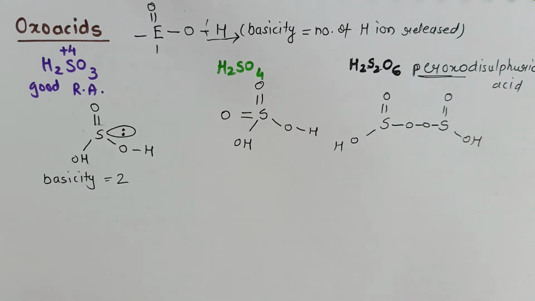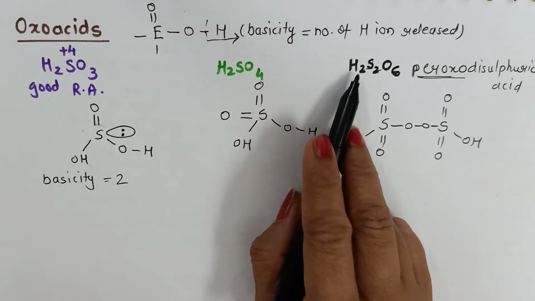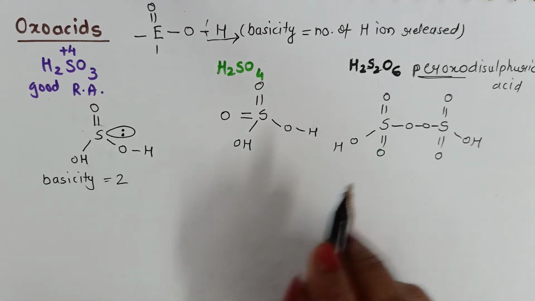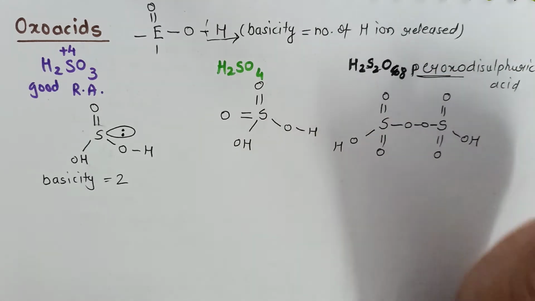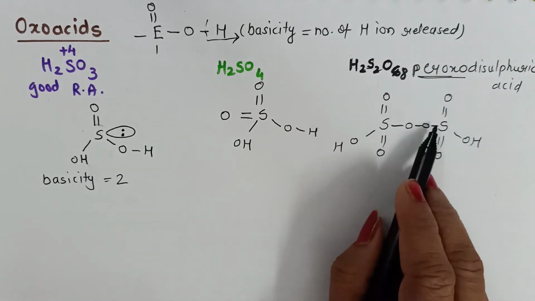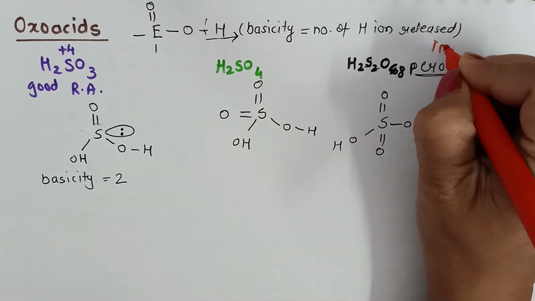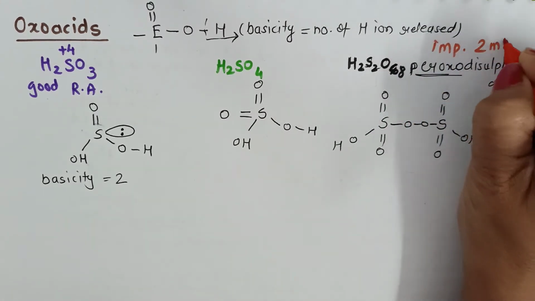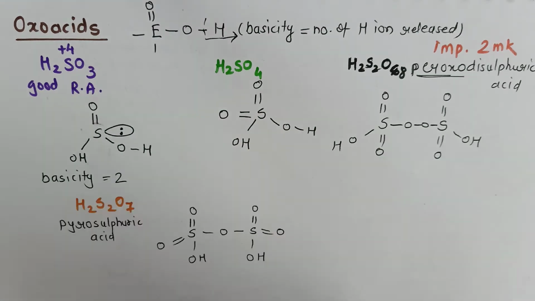Now we will satisfy the remaining things. Let us cross check the structure. 2 hydrogen. So 2 hydrogen is there. 2 sulfur and oxygen. Sorry, this is not 6. This will be 8. So 1, 2, 3, 4, 5, 6, 7, 8 oxygen atoms. That means the structure is correct. Actually, drawing the structures of oxoacids is an important question. And 2 mark structures are asked, that is 2 structures, 1 mark for each structure is asked.